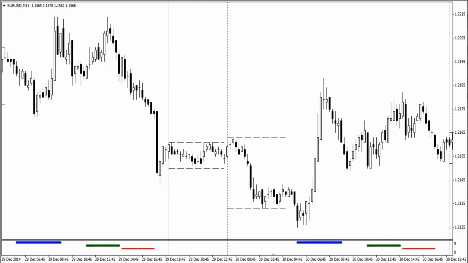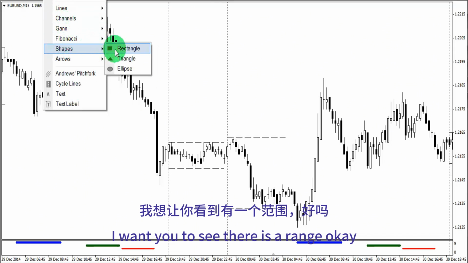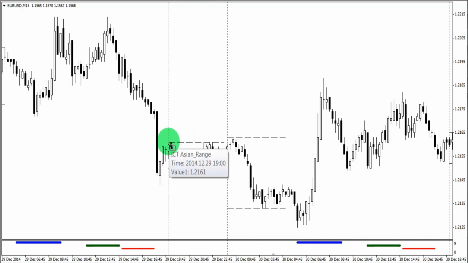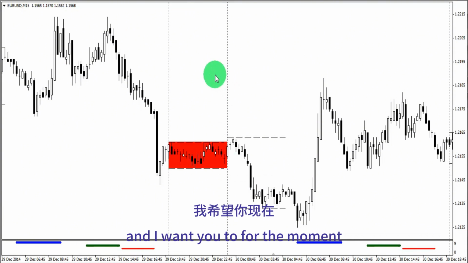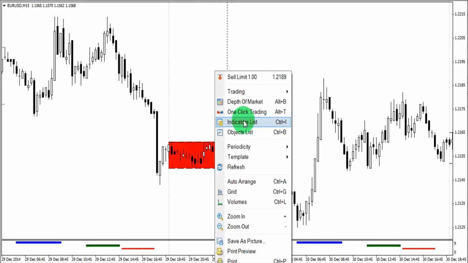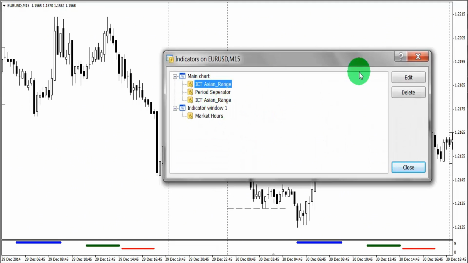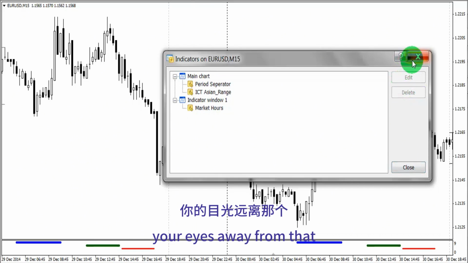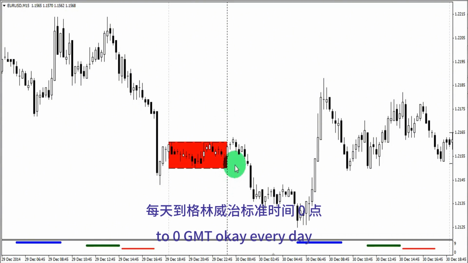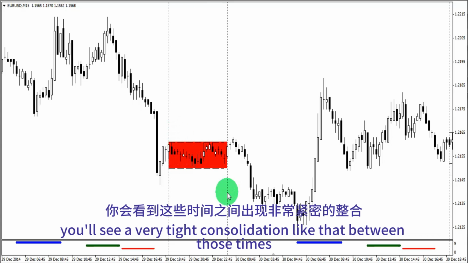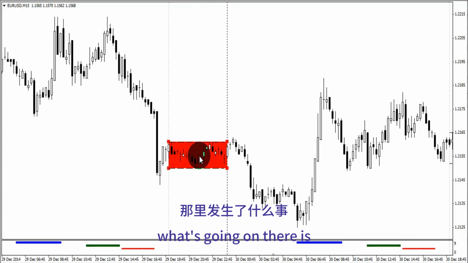So here you go. I want you to see there is a range that's being discovered, maybe for the first time for some of you, right here. And I want you to, for the moment, take your eyes away from that. What this is showing is the range between 1900 GMT to 0 GMT. Every day, generally, you'll see a very tight consolidation like that between those times. What's going on there is